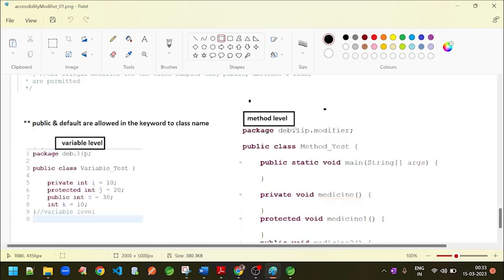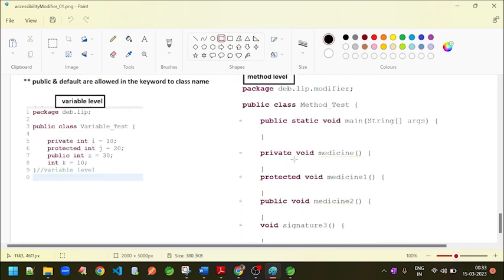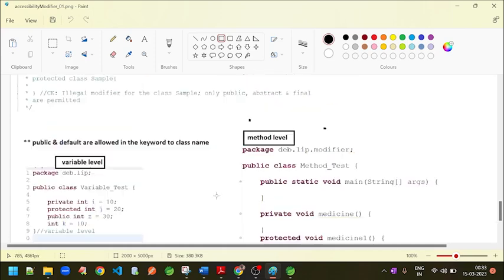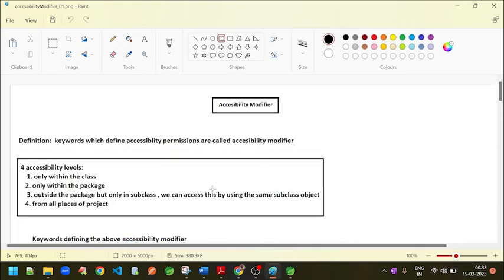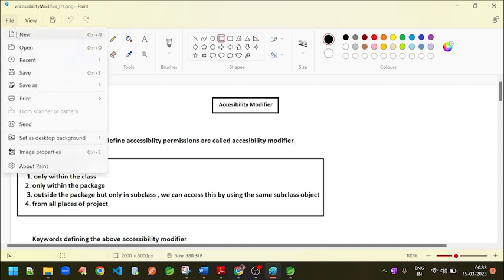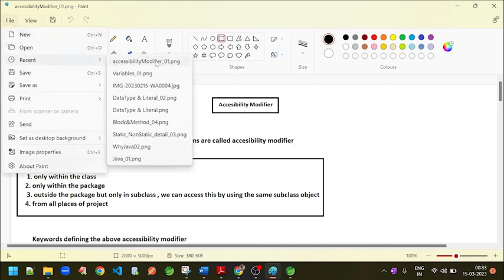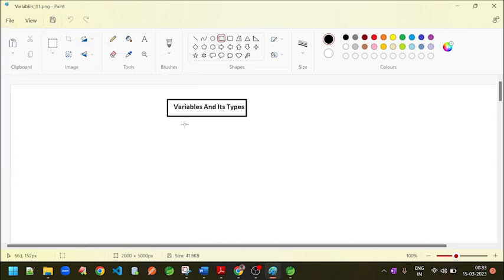Also, we learned about the method level, what is allowed or not allowed. Like if you are defining a method, which types of accessibility modifier are allowed. Please go through that session on the accessibility modifier. Okay. So today we will be learning a new thing in Java, and that will be variables